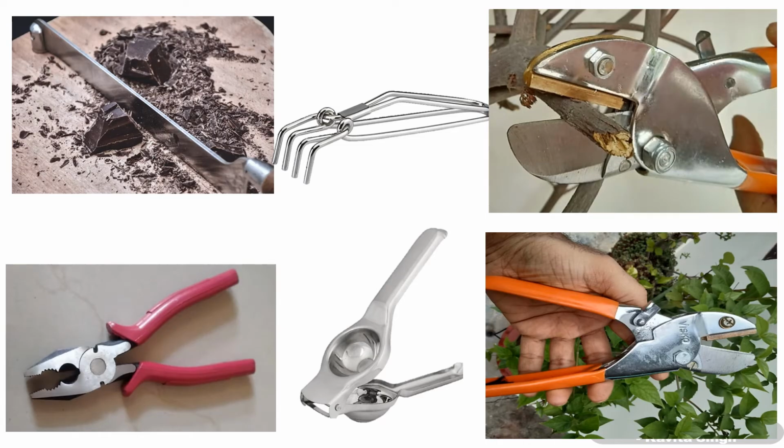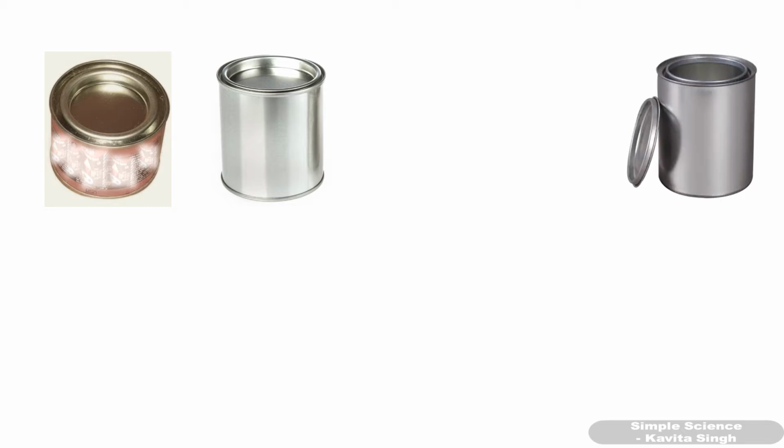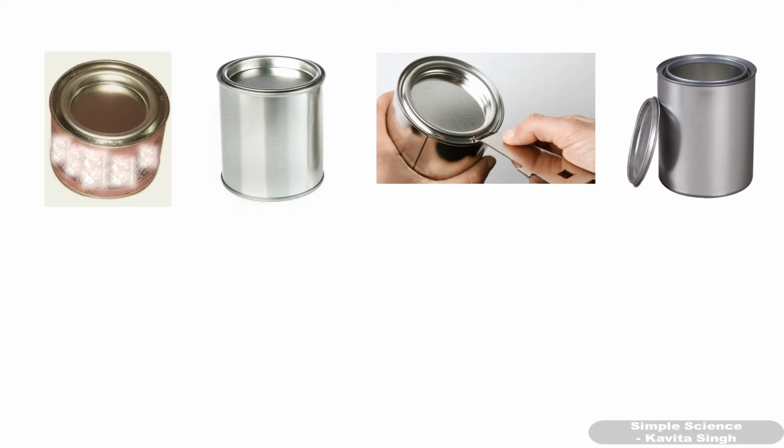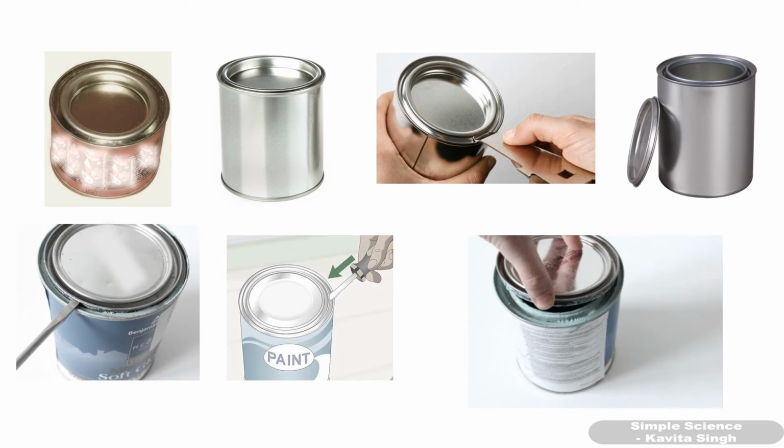Now you might have seen all these things in your house, if not all, at least a few. I am not going to tell you anything about this because I will ask you a few questions based on this after this video. Now you might have seen this, a tin can or a paint can. If you want to open the lid, it is very difficult to open this lid by your hands. So you will use some tools like this tool, or you can use a spoon also to open the lid, or you can use a screwdriver or any small equipment to open the lid, and the lid will be opened.